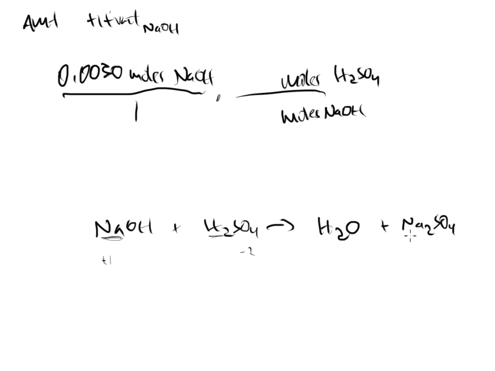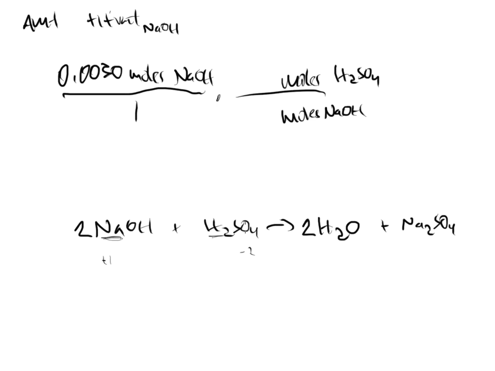So now I need to go through and look at my balanced chemical equation because I don't have one. I need to do that myself. So there's 2 sodiums over on the right hand side, and now there's 2 sodiums on the left hand side. All right, there's 2 hydrogens here, plus 1 more, that's 3, plus another one because there's a 2 in front, so that's going to be a total of 4 hydrogens, right? So I've got 2 hydrogens here, I need to put a 2 there to give me a total of 4,